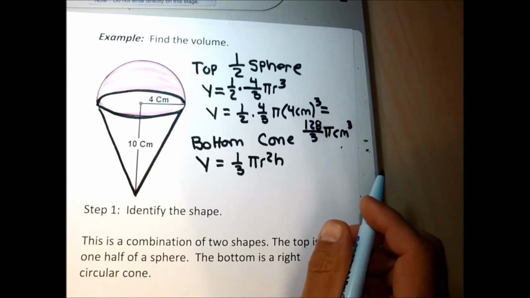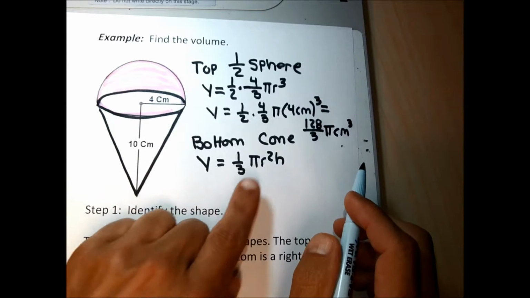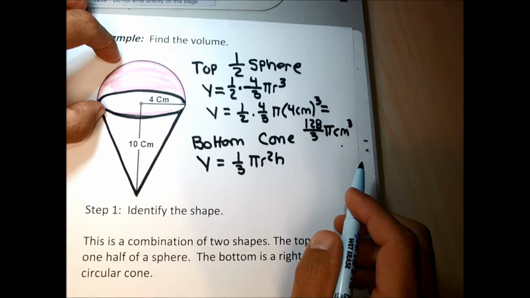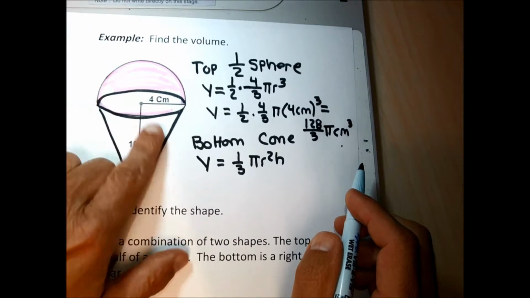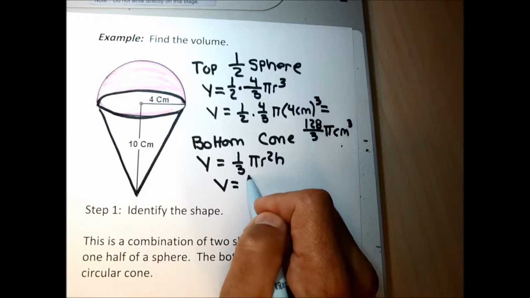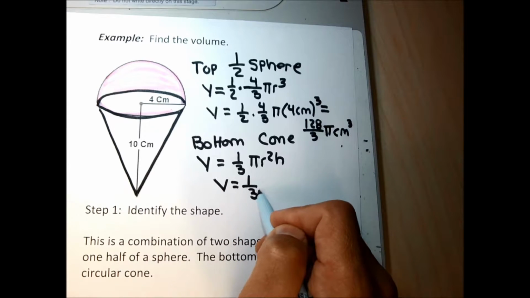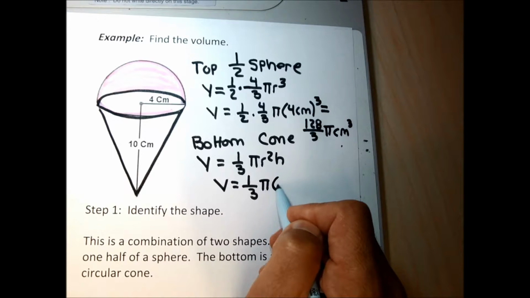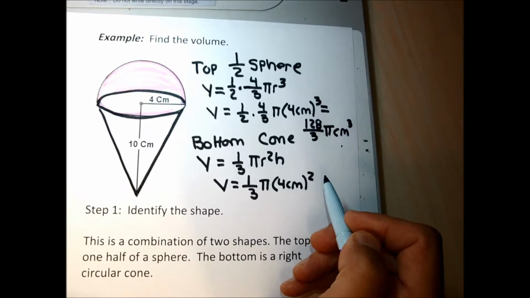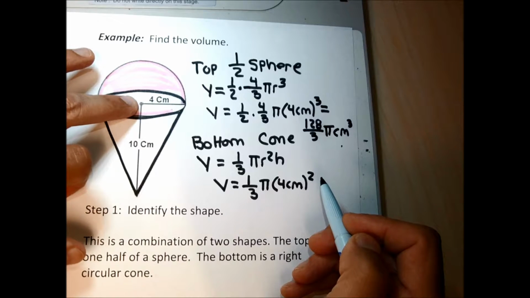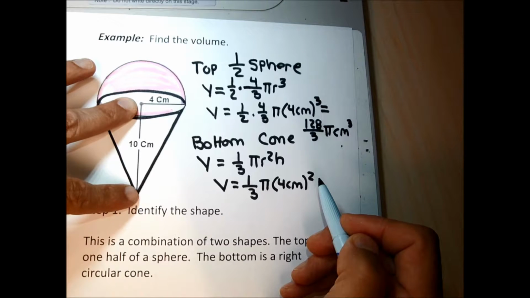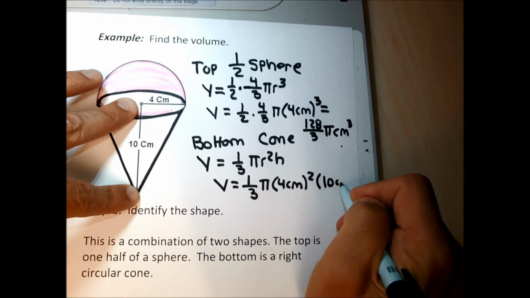Now I'm going to move on to the cone. And for the cone, it still has a radius of 4 centimeters. The bottom of the sphere and the top of the cone have the same circle. So for the r, when I go to do the cone, I'm going to put 4 centimeters, but I have to square it. And then the height of a cone is the distance between the center of the circular base to the point, and that's going to be